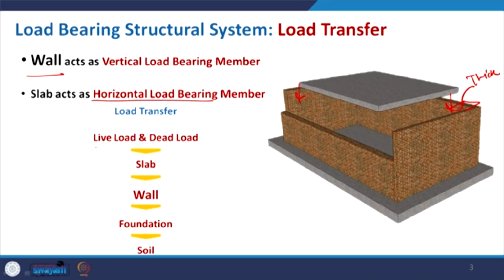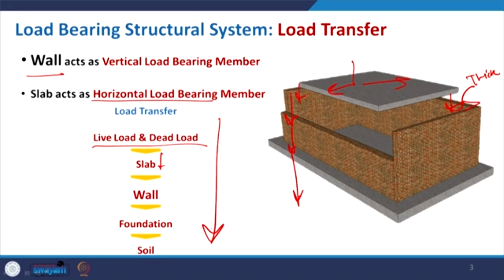The load transfer is the live and dead load that we calculate for the slab or the upper floor. Dead load is the self weight of the building materials, and the live load is the load of furniture and other moving elements. The load on the slab will then transfer to the wall, and the wall will transfer it to the lower floor and then the footing. So, this is the way they